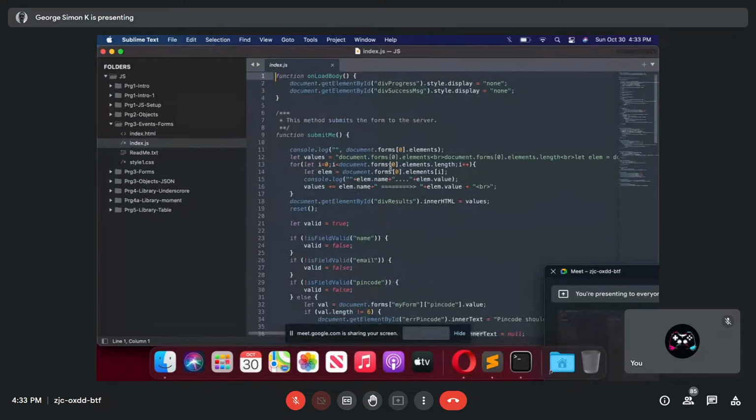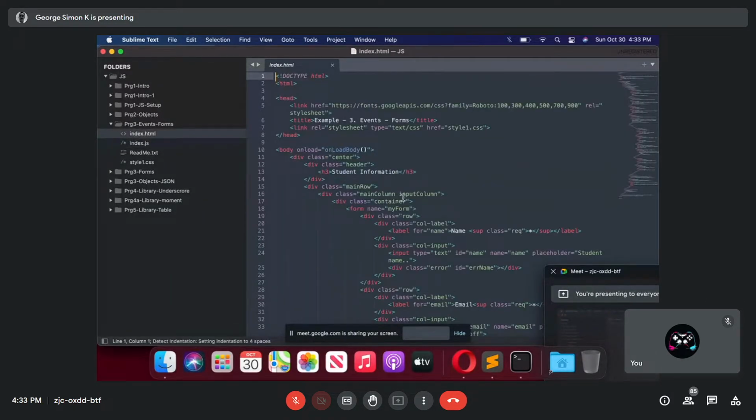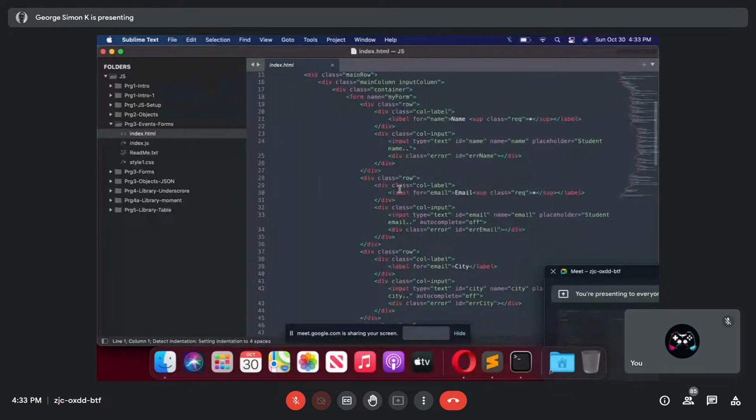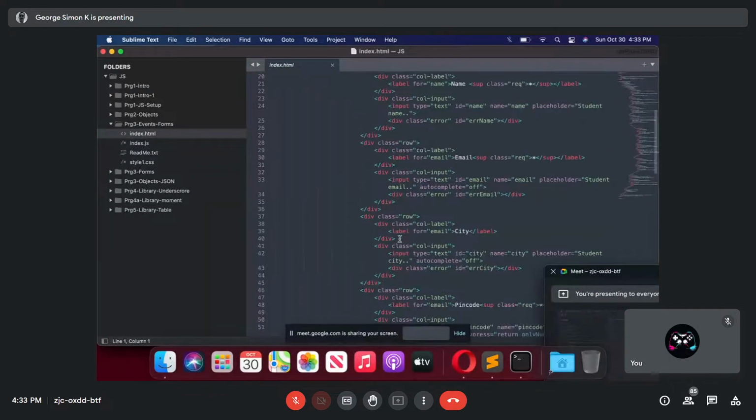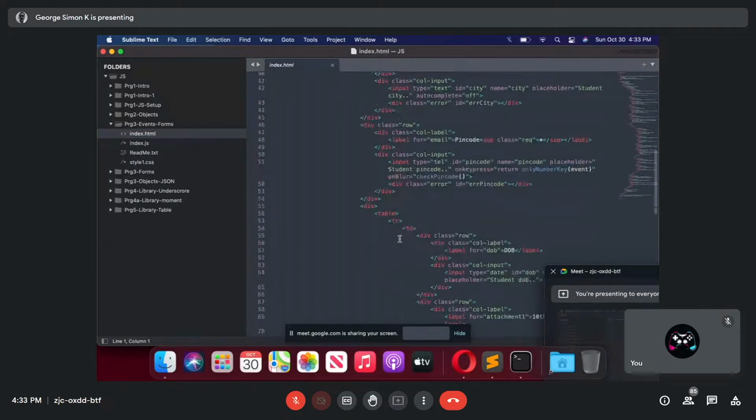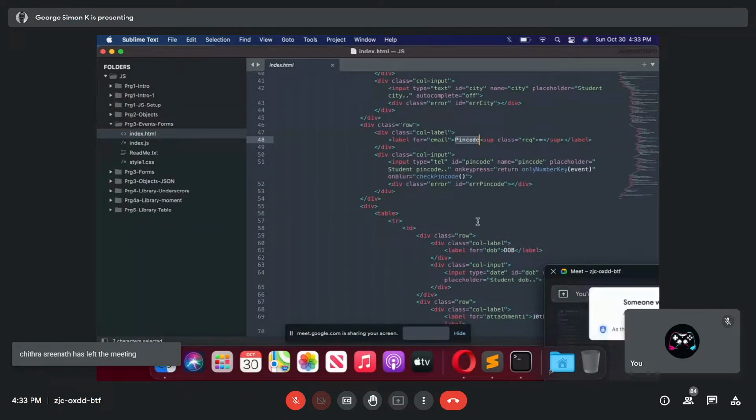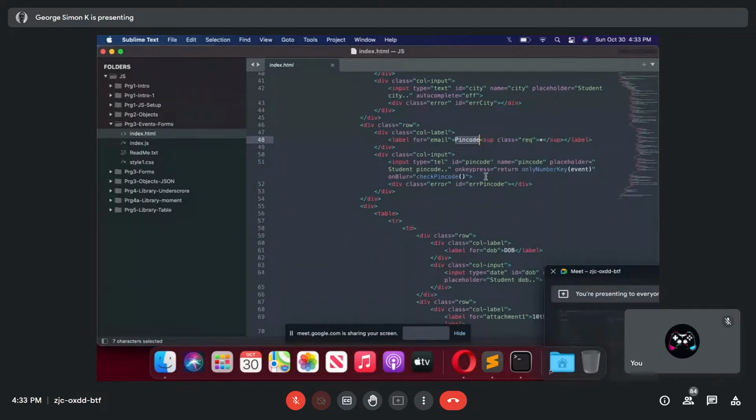First one, let me show. I have a pin code input box, and the pin code input box should only accept 6 digits, should not accept alphabet or any special characters, and the length should be 6.